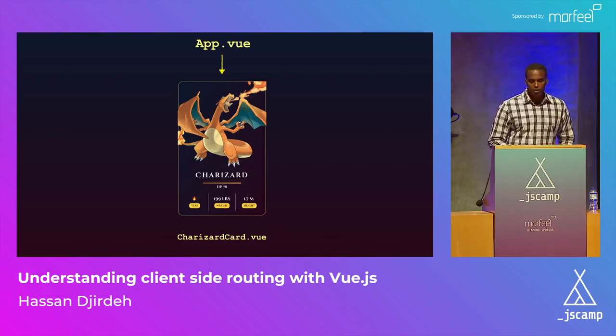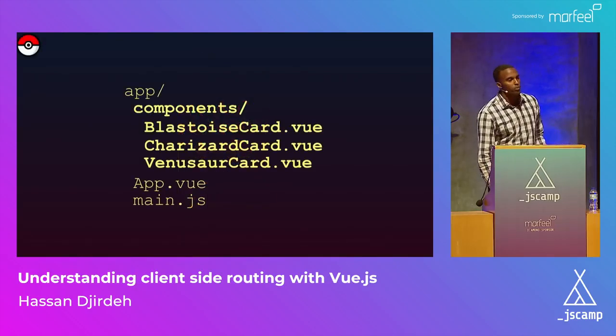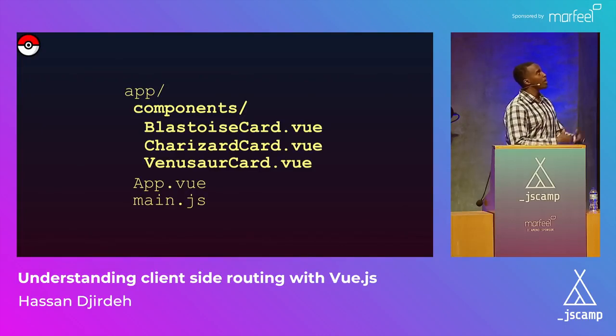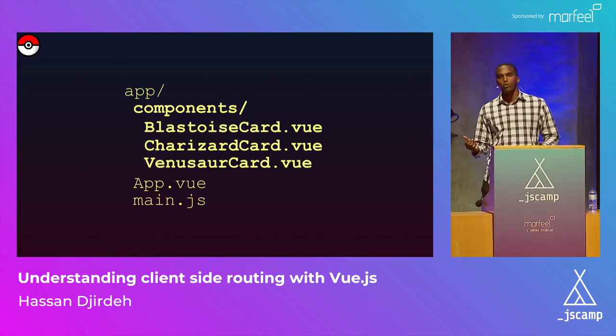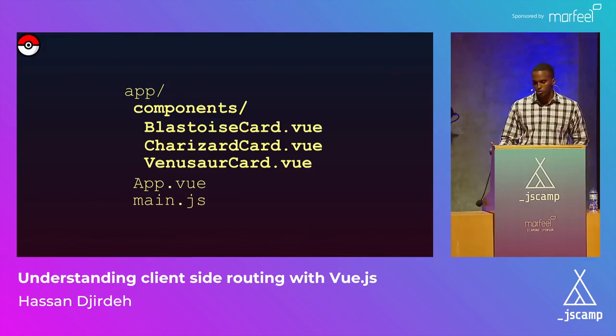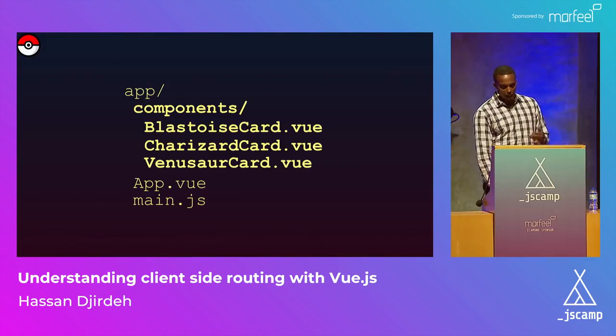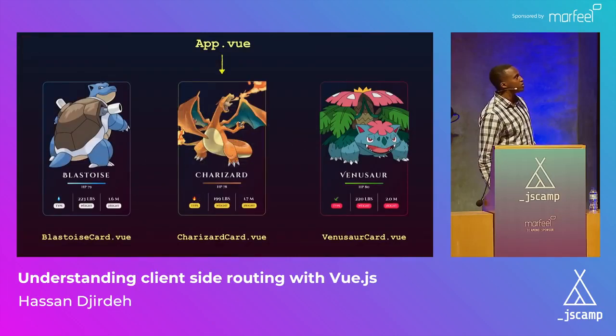Why are we doing that? This now allows us to create other component files for other Pokemon. We can have a Blastoise card component file for the Blastoise Pokemon, the Venusaur card component file for the Venusaur Pokemon, etc., etc. But the thing is, when we run our application, we're only going to see details of the